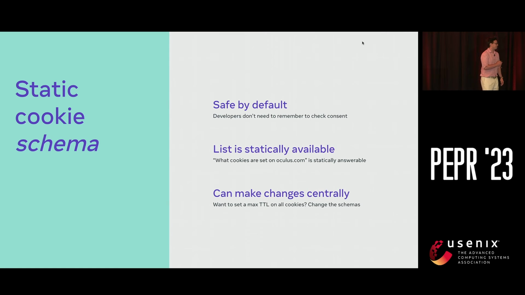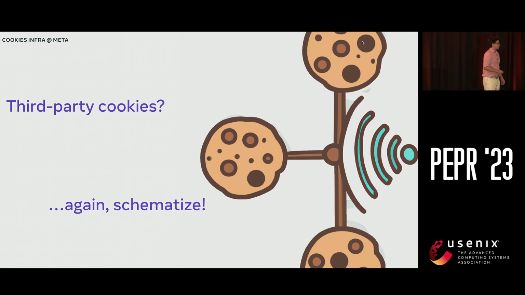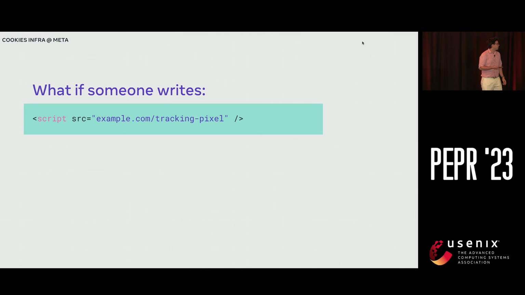Great, cookie schemas. I want to talk in the last 3 minutes about third-party cookies. So you'll remember a first-party cookie is you go to facebook.com, and the cookie is set for facebook.com. So the cookies have a domain, and the domain equals what you see in the URL bar. But you can have a third-party cookie, right? If you embed a tracking pixel from, I will politically say, example.com,